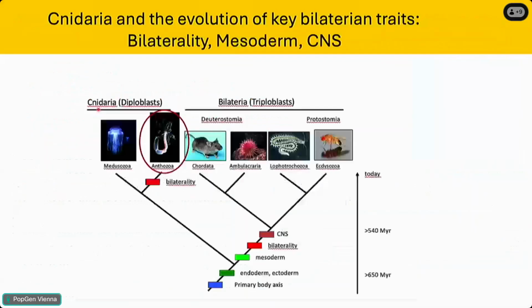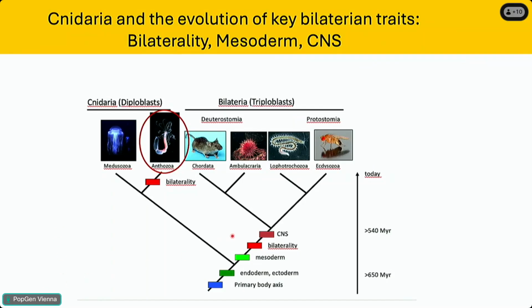I don't have an answer to this today, but I want to focus on a couple of subjects that we work on. So first, to put you on the map. As you probably know, cnidarians are this non-bilaterian group of animals which are the sister group to all the bilaterians. What is not shown here is that there are 2 or 3 more basally branching metazoans, like the sponges, ctenophores, and placozoans. But what's important here is that they're the sister group to the bilaterians, and I think as such they are very informative as an outgroup to understand the evolution of some key bilaterian traits,